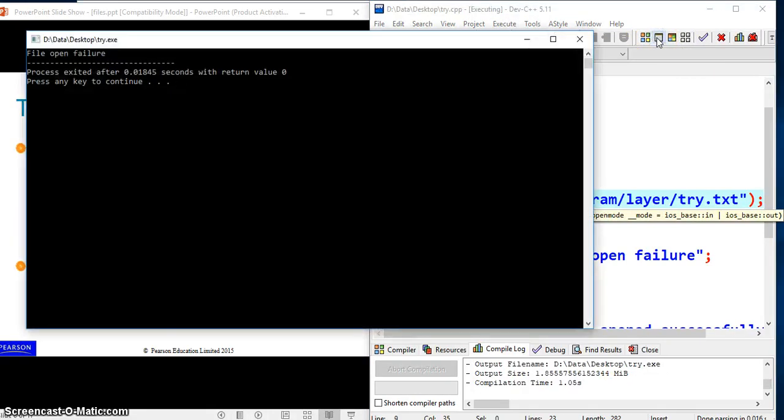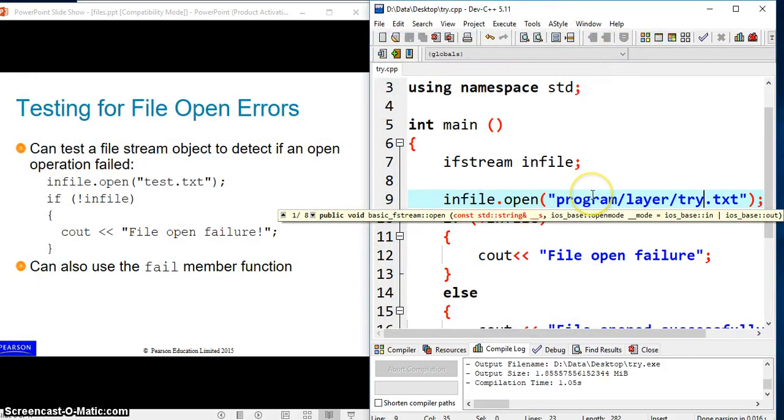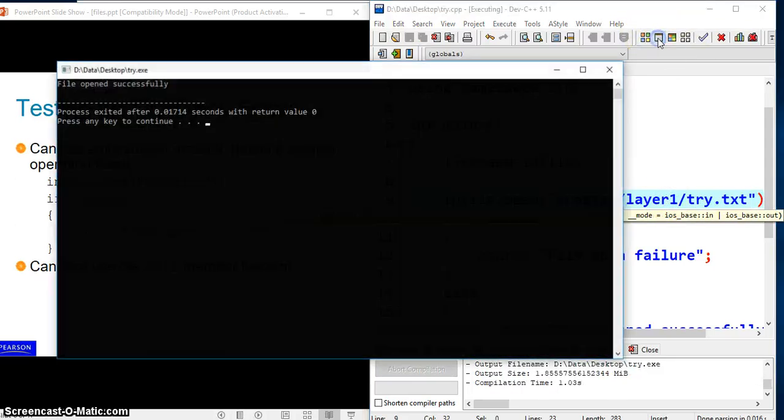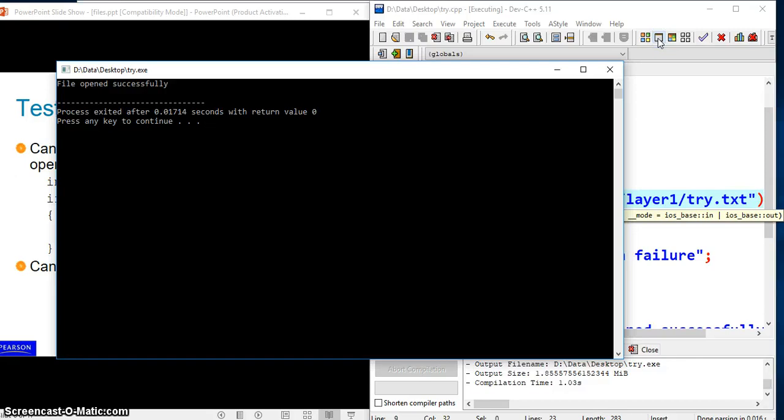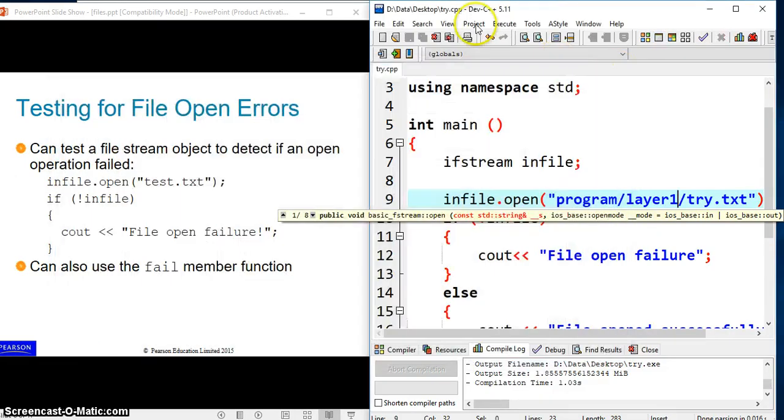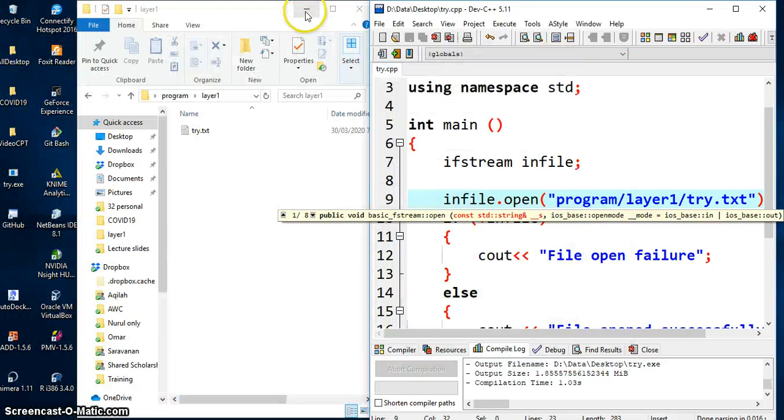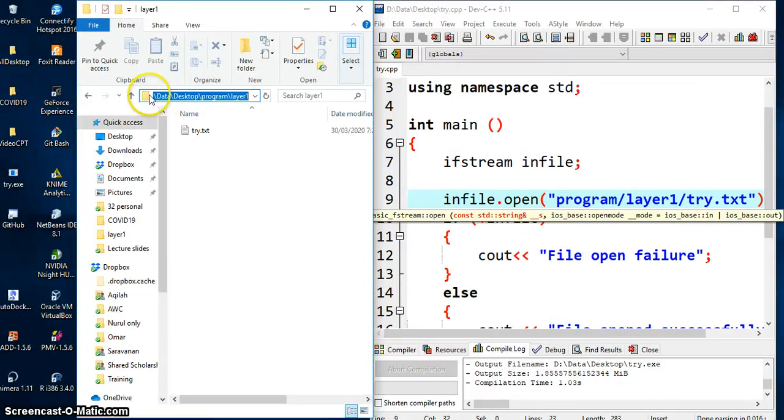File. Program, layer 1. File open successfully. Because the file is actually, you can see here, desktop, program, layer 1. So in this file. So if I want to just use,